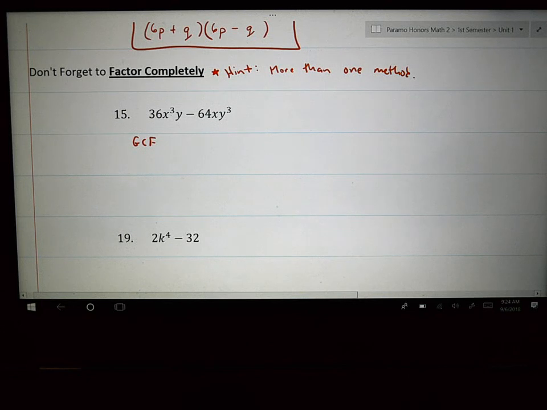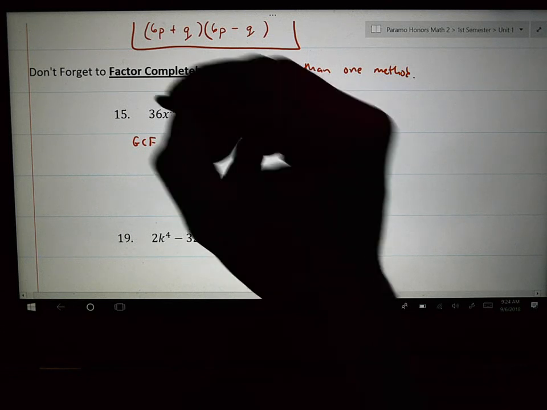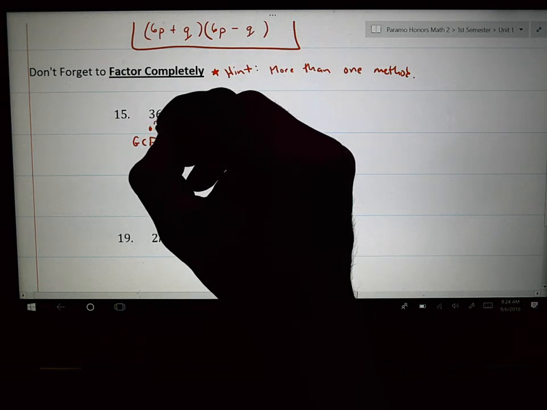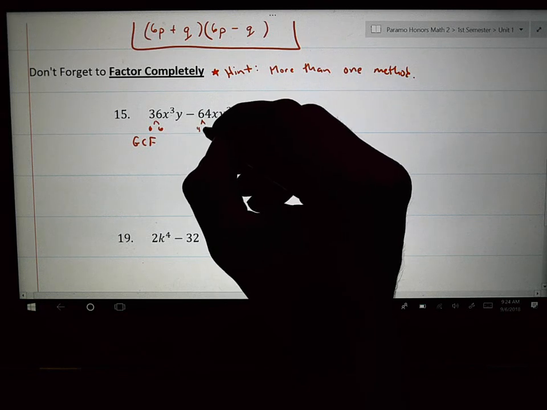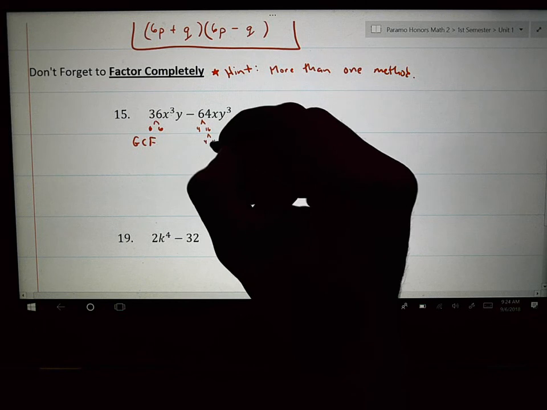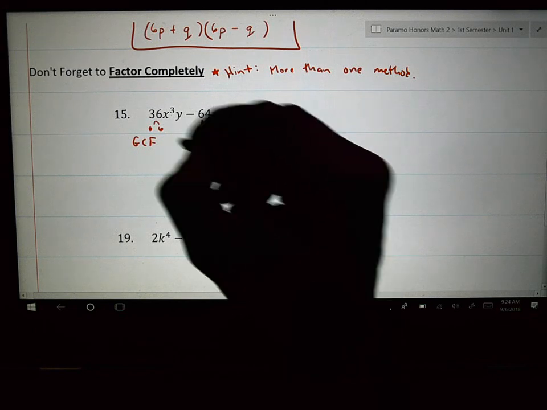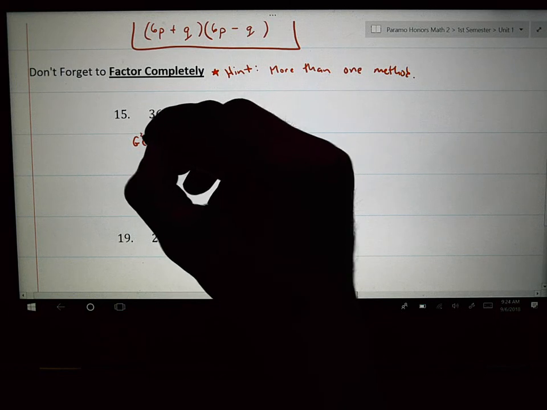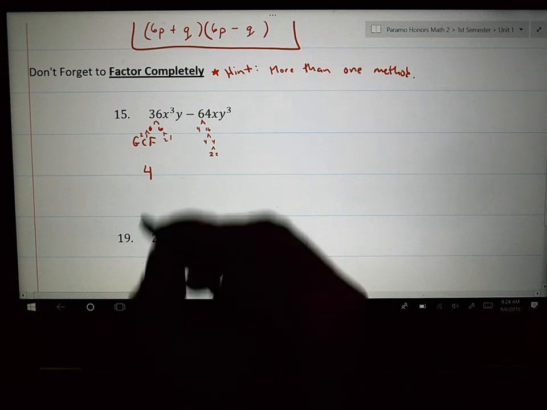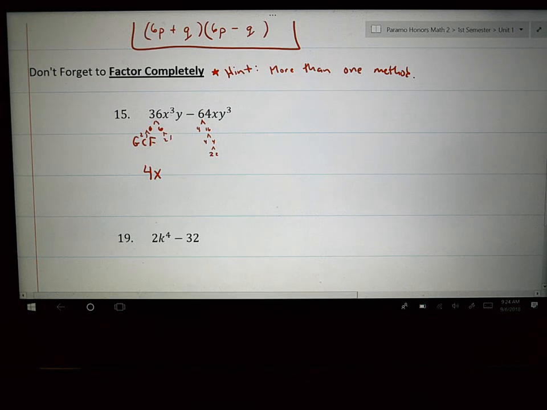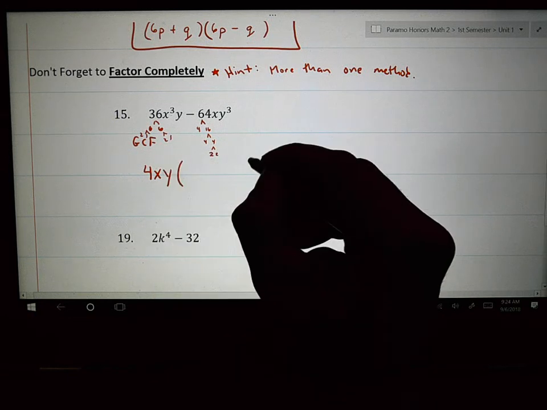Let's see if we can factor out a number that goes into 36 and to 64. Right now, I see a 6 times 6. 64 is a 4 times 16. 4 times 4. So that must mean that there is a 2 and a 2 in here. And that is a 2 and a 3 and a 2 and a 3. I'm pretty sure we're going to be able to factor out a 4 from both of these things, right? 4. Do they have any x's in common? How many can I pull out? Do they have any y's in common? How many can I pull out? Okay, now if I factor out a GCF of 4xy,